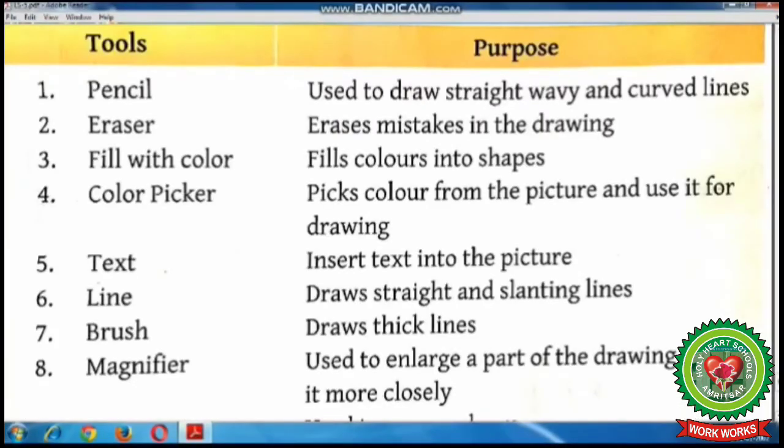Now children, come to page number 45 of your book. Here you have given a table in which different tools are there. We have already done these tools in the previous class. So let's revise the tools one by one.